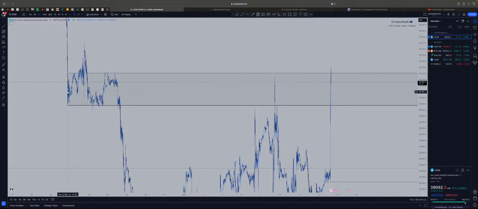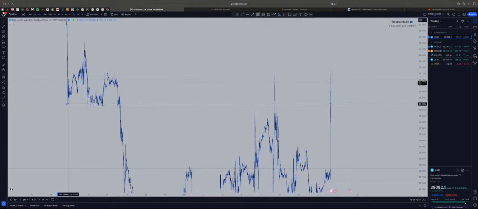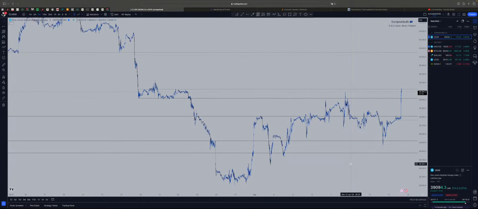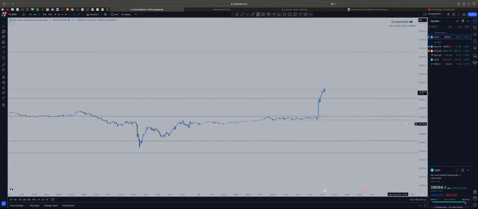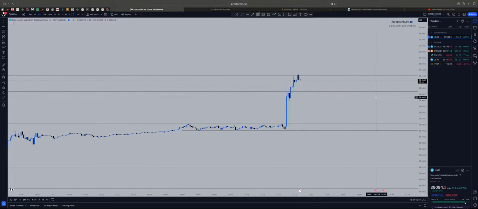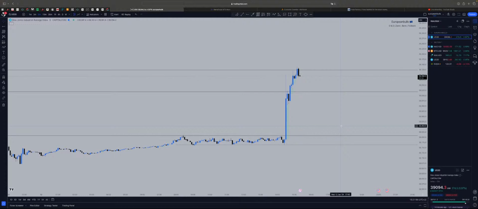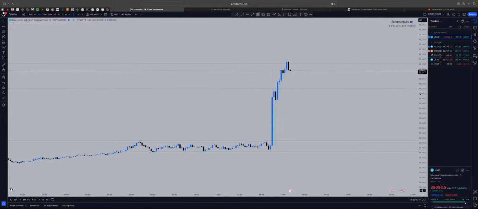For now I'll just remove this box here because it's a bit annoying when I see boxes and colors. I would just like to keep things very simple. You can see in my chart I have no indicators, no RSI, no MACD, no moving average, nothing, because I just don't like it, and it doesn't make sense to me because all of them are lagging indicators.